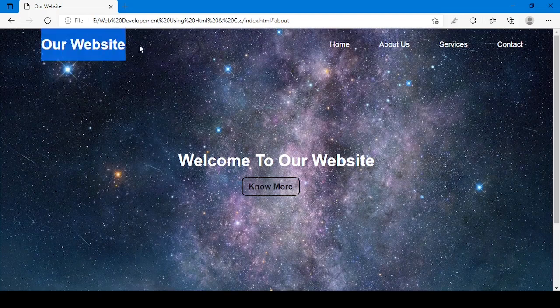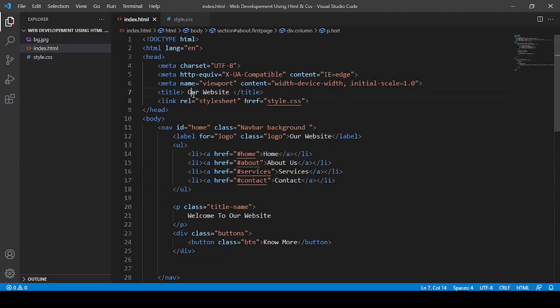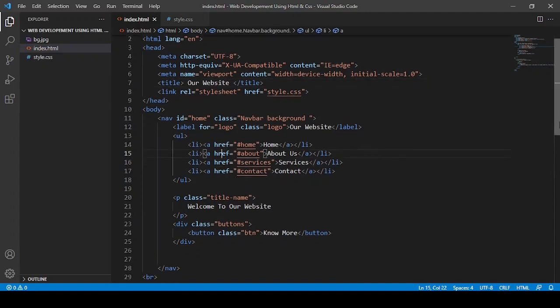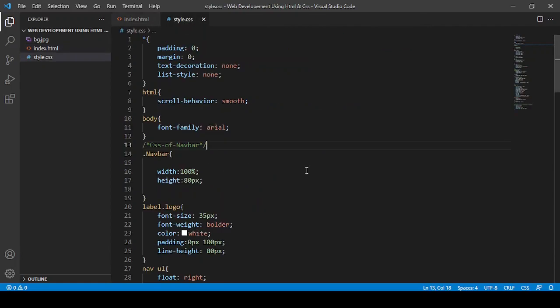Till now our website is looking stunning. Here you can see the stunning hover effect. But there is no hover effect in these links, this nav menu. So how to add a hover effect in the nav menu, let me tell you. First of all you have to point nav a.